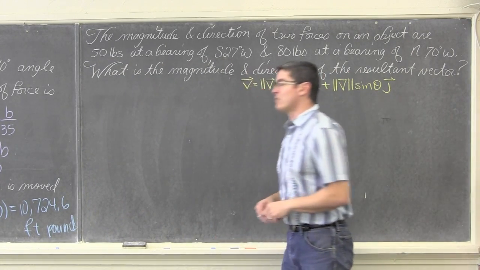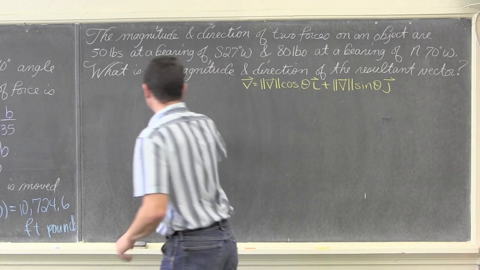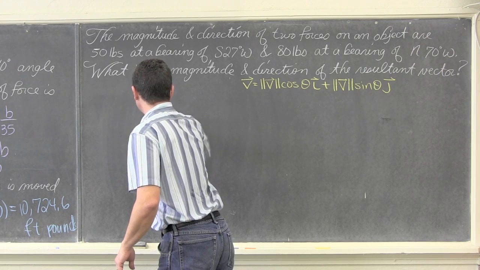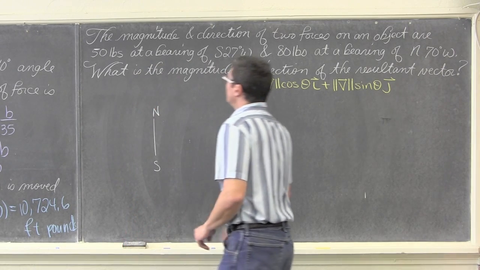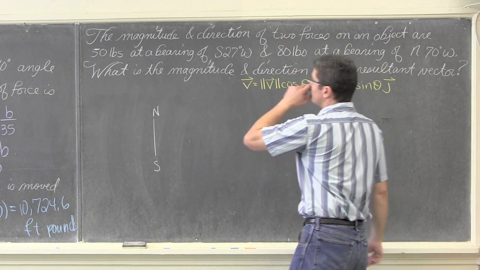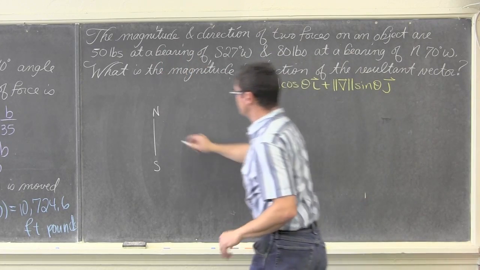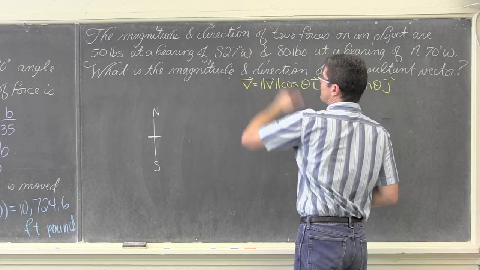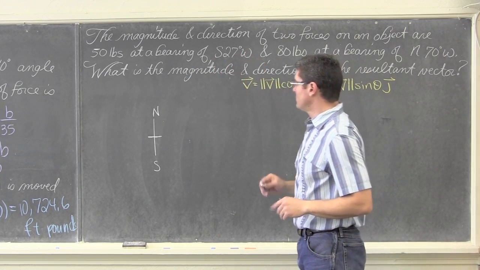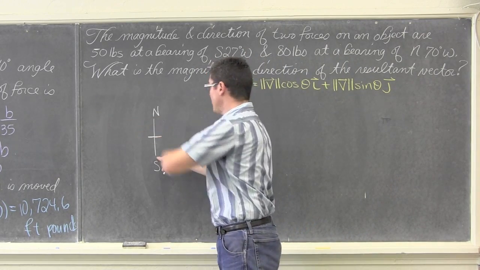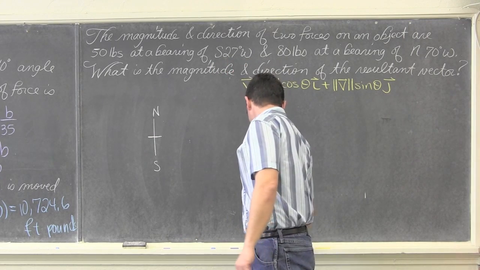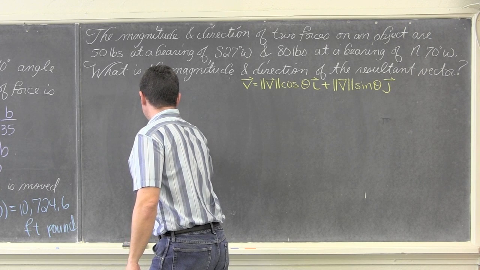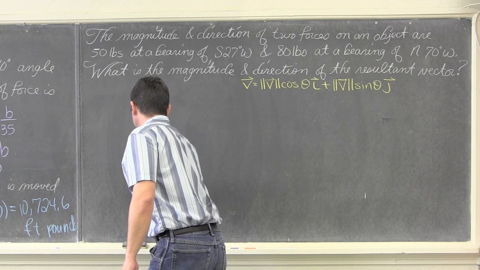Okay, well, drawing these word problems is always a big struggle, so let's get that drawn and see what it looks like. So we have a north-south line, and we have a vector. They're starting from the same point, so they're going to start about right there. South 27 degrees west. Well, here's south, west to the left. We're going to do that by 27 degrees. So let's take a look at maybe drawing it something like this.